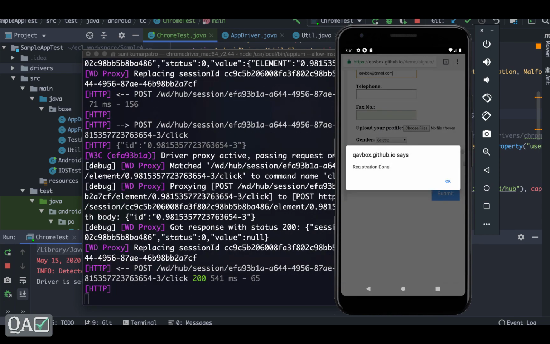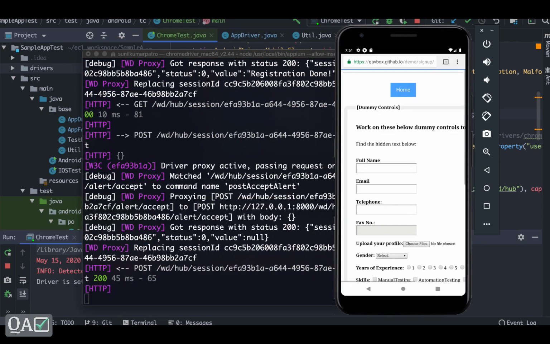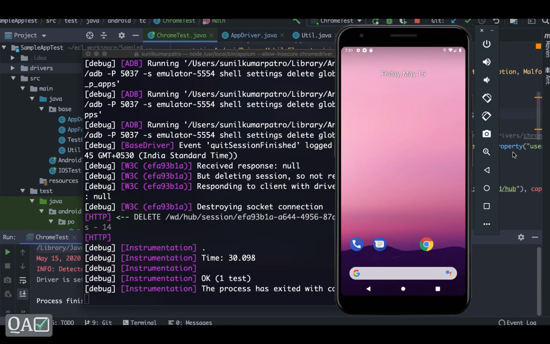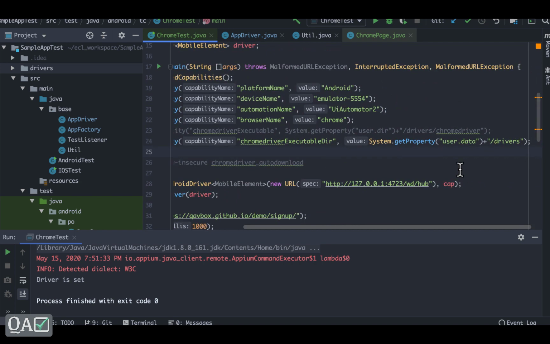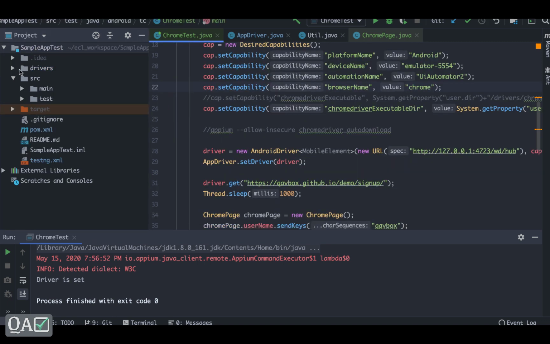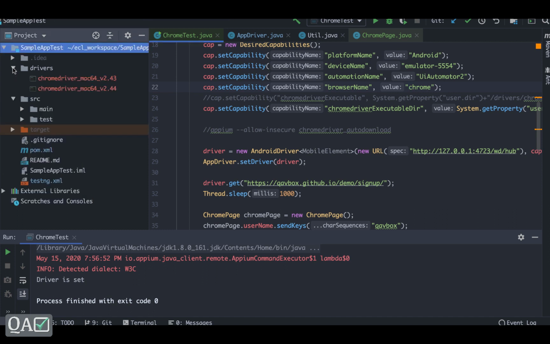And see, here you can see it is acting on the browser itself, and it clicked on the alert also, and it closed. See, I did not give any drivers right now. If I go back to this driver folder, let me refresh this one. If you see, the drivers would have been downloaded now. So let's check to make sure. As you can see here, version 2.43 and 2.44.